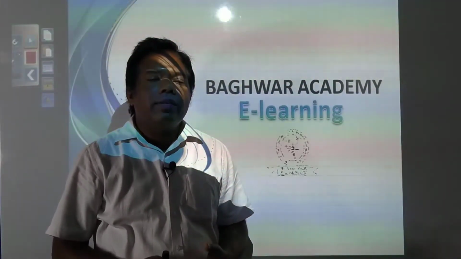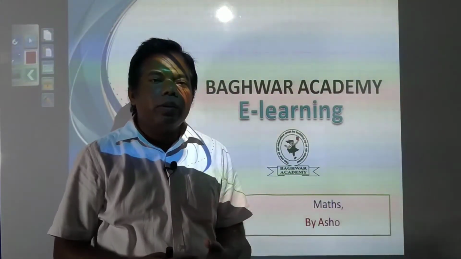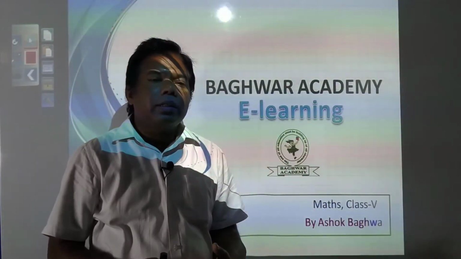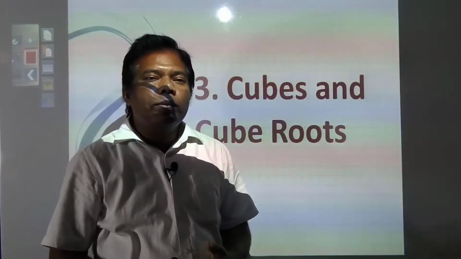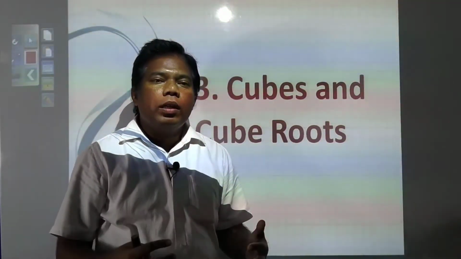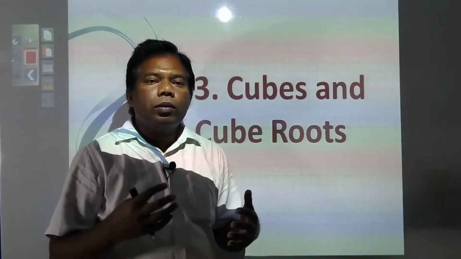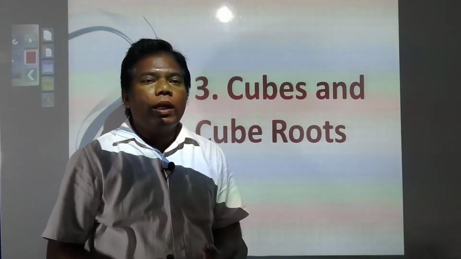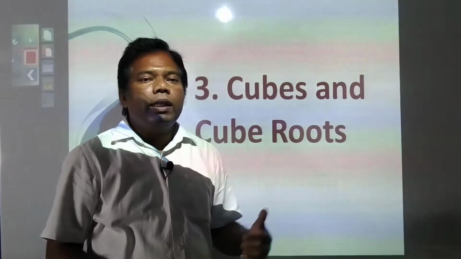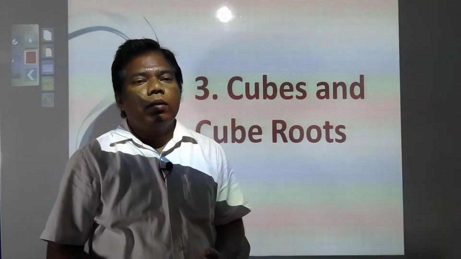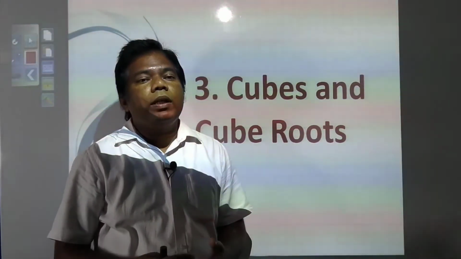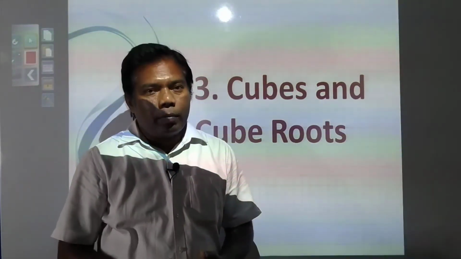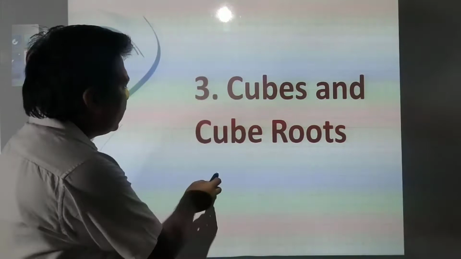As we have started cubes and cube roots and already we have seen many things, like how to find out cubes of any given number. We knew how to find out perfect cubes and we can recognize a perfect cube. We had seen how to find out cubes of rational numbers, and we had seen properties of cube of a number. So today we will see exercise 4a.